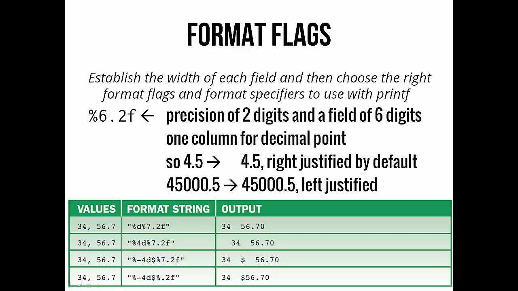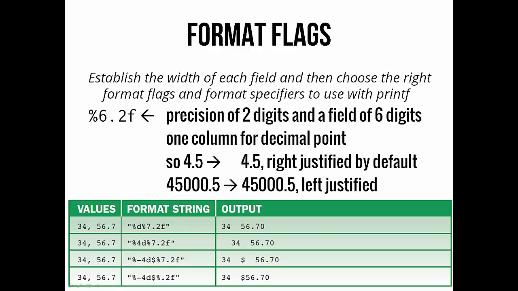So the width of a field that contains a double, the width goes before the decimal point in the format specifier f. F for floating point. Remember that. So as an example, take a look here. %6.2f. Okay, that says use a precision of 2 digits, that's what the 2 is, and a field of 6